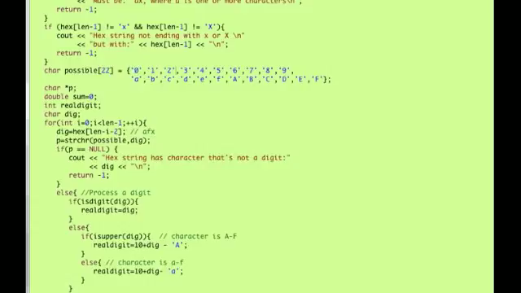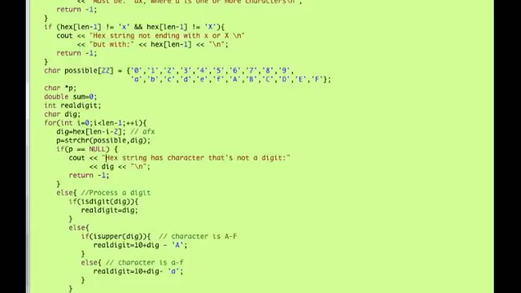All the digits 0 through 9 and the letters A through F, both lower and uppercase. So if the digit was one of those possible, then p will be a good location. If not, p will be null. And I'm asking if p is equal to null, that means that one character was not legal, not possible, and